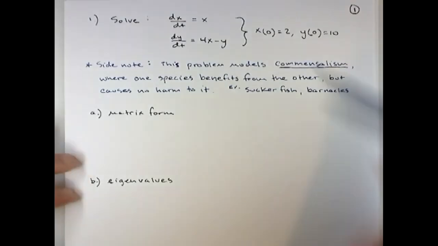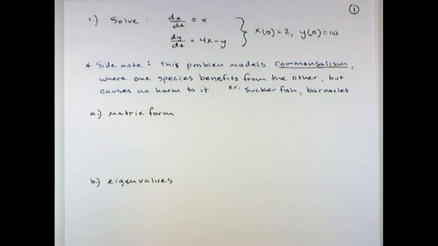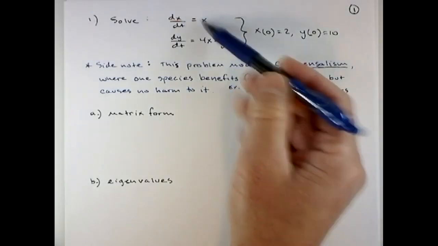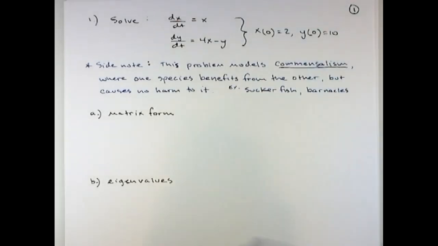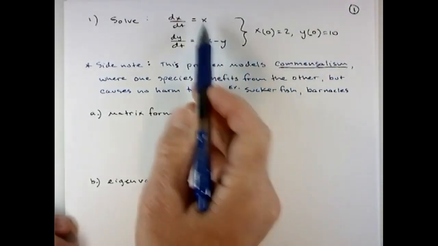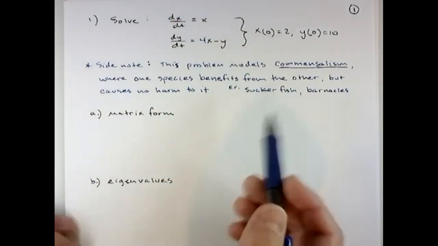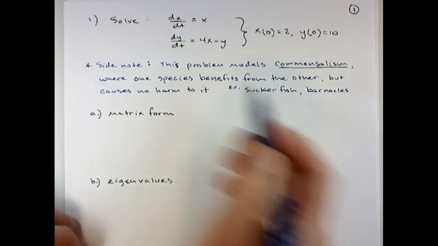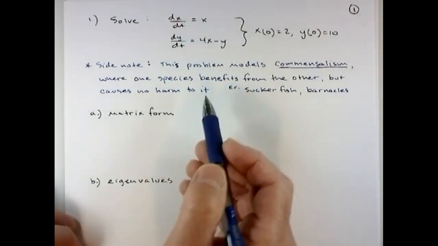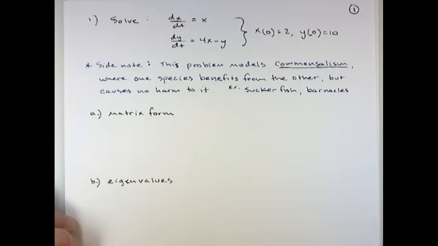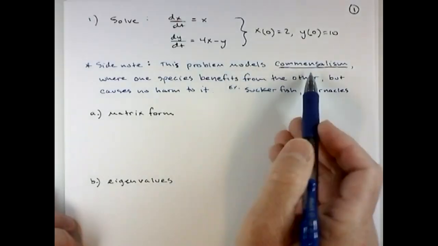Not all of the systems will lend themselves well to two species like we did with the predator-prey model. But some of them do. And so I saw this one in the book, and I was trying to think of a situation that this might model. And this one could model not a predator-prey situation, but some of you probably know this idea of